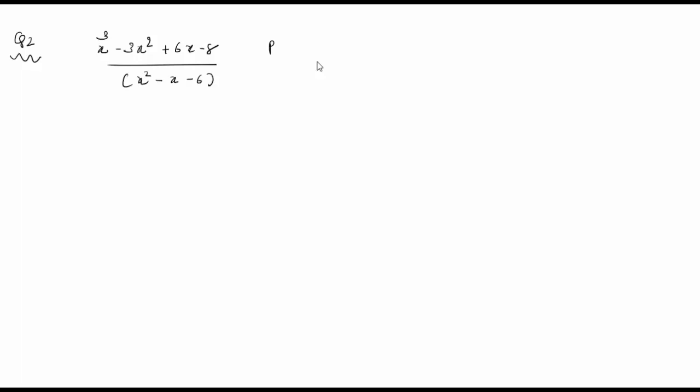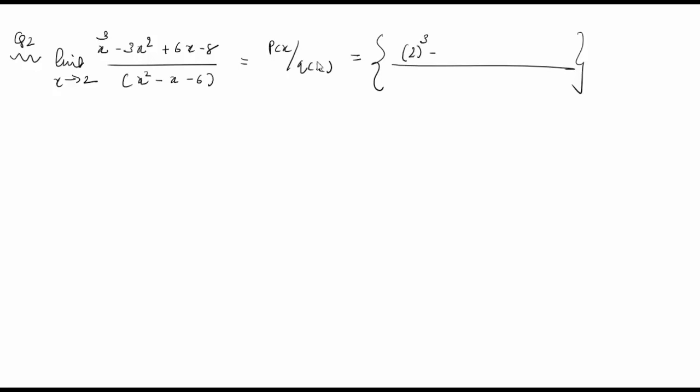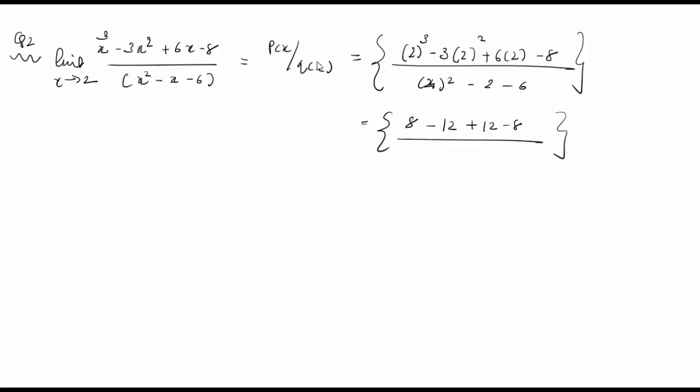So this is again a question in the form of p of x divided by q of x. This is the limit as x tends to 2, and if I directly apply the limit, what I will get here is 2 cube minus 3 of 2 square plus 6 into 2 minus 8, and for the denominator, 2 square minus 2 minus 6, which is equal to 8 minus 12 plus 12 minus 8, and 4